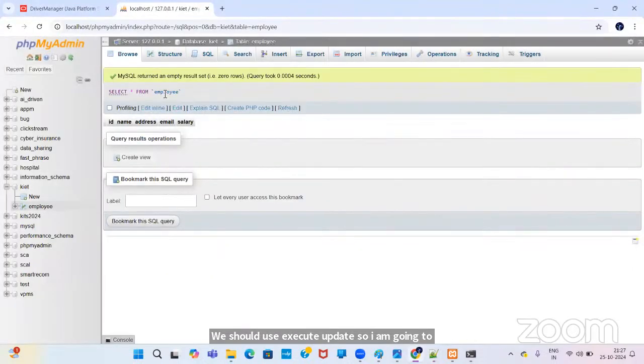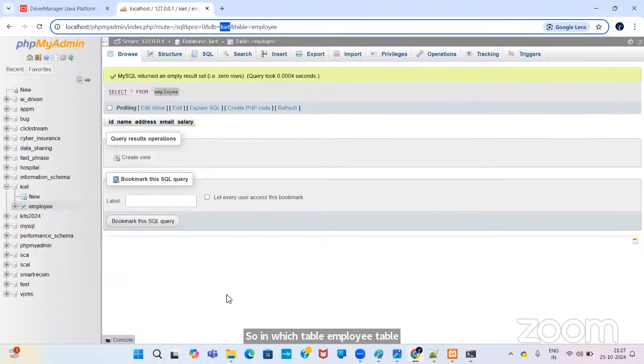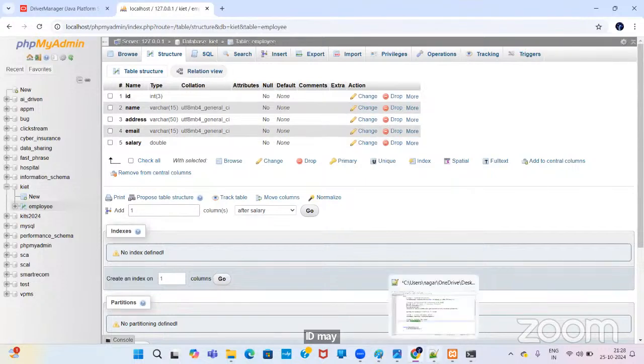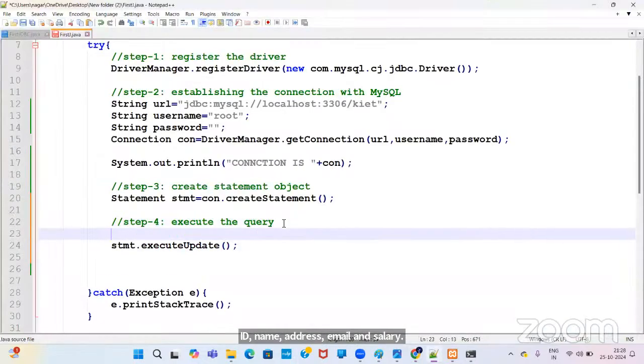In which table? The employee table of kite. What does the employee table contain? ID, name, address, email, and salary. So let us take an example. I'll write the query here. So query equals